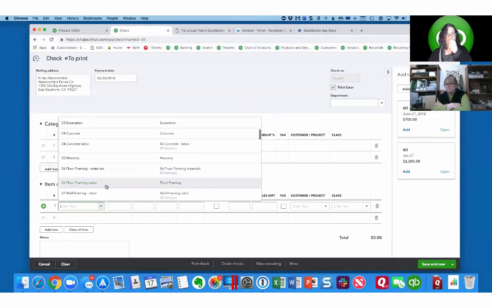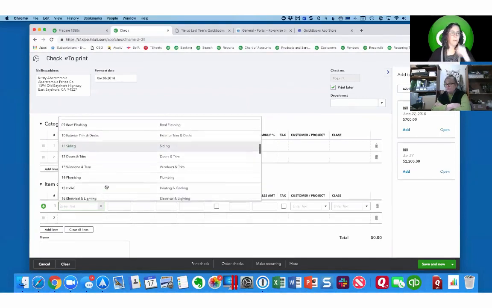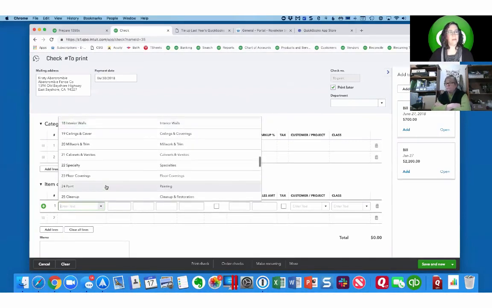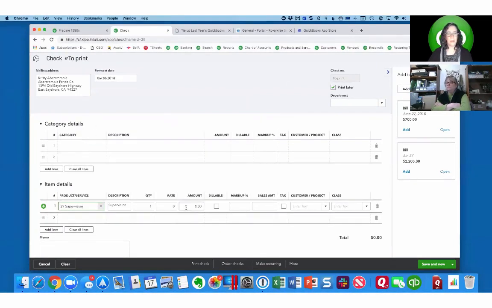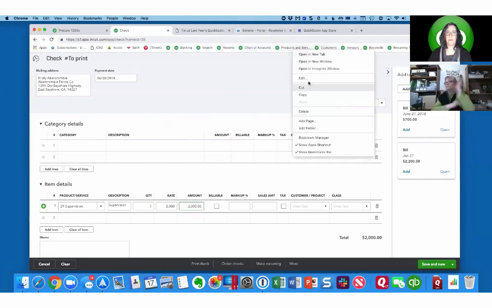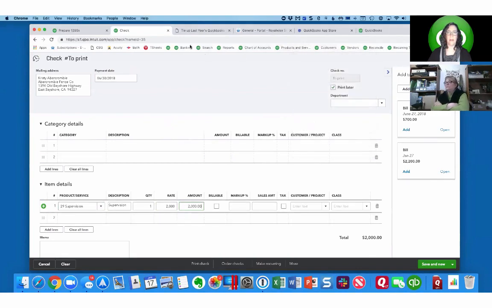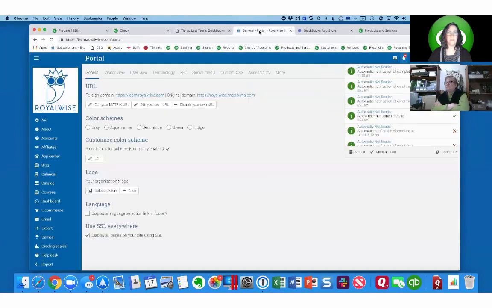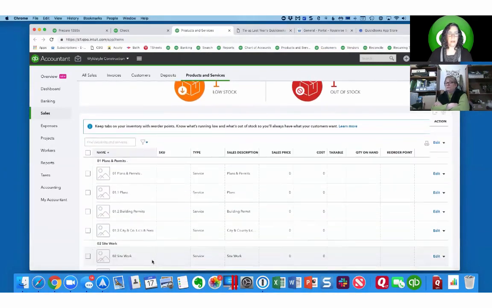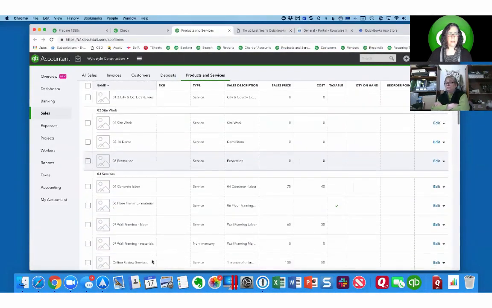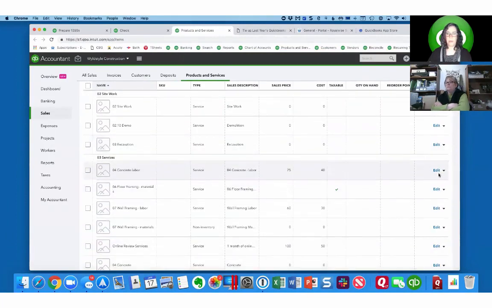now I don't know that all of these actually went to the right categories either, because again, fake file. But I'm going to assume that these did. Actually, I'm going to find out where they went. Let me find one that's real. So I'm going to go to my product and services list. And if we do concrete labor,